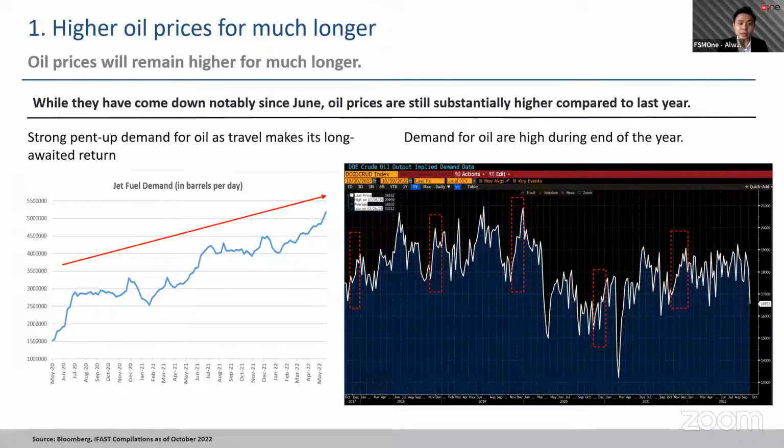Although oil prices have come down notably since June, they are still substantially higher compared to last year. And we also expect demand for oil to keep growing moving forward,